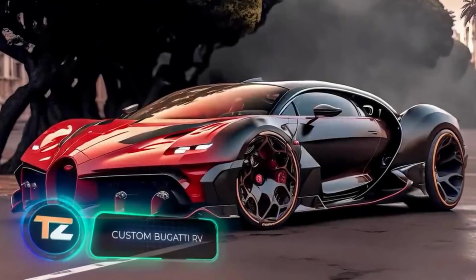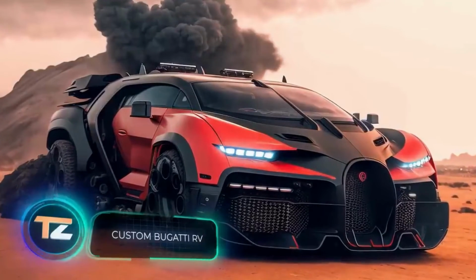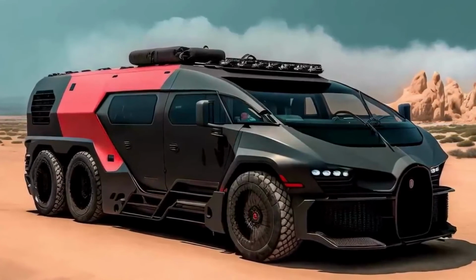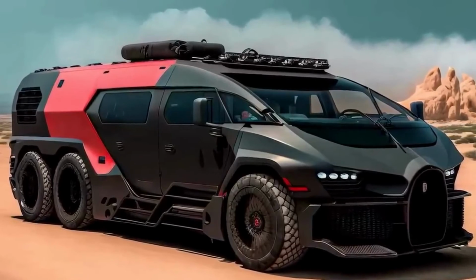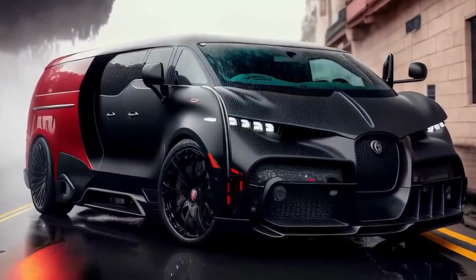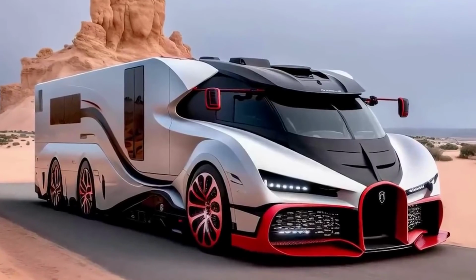Companies love experimenting with trucks and SUVs, and in fact, that's how these unusual Bugatti concepts came to be. The French car manufacturer wondered what would happen if they started making more than just hypercars. Artificial intelligence provided the answer, and it drew different variants of Bugatti cars, from something like a racing off-roader Extreme E to a fully fledged